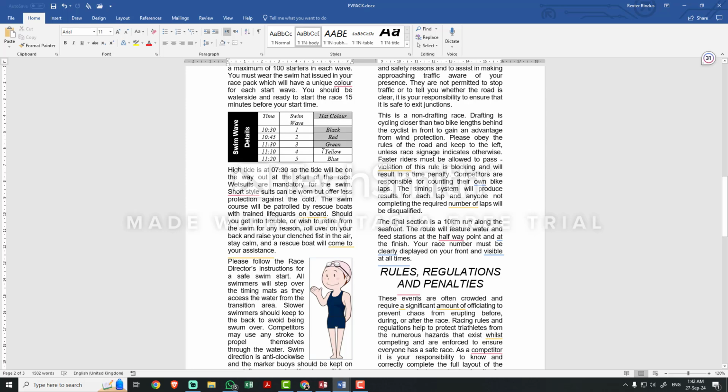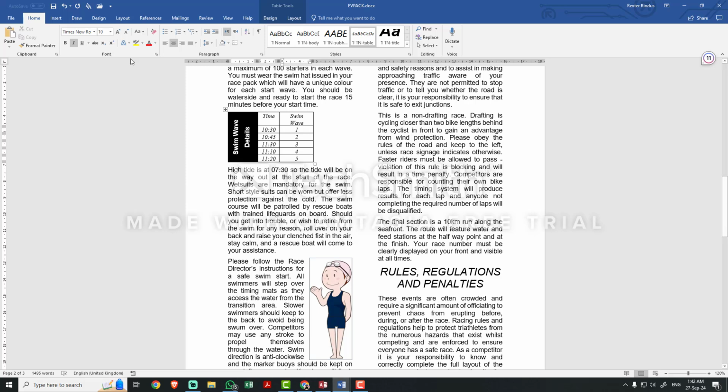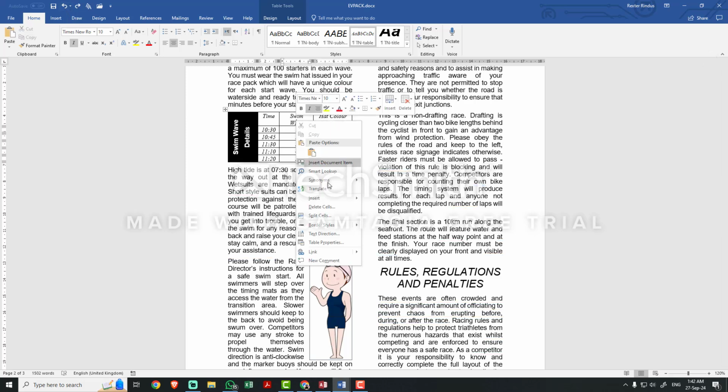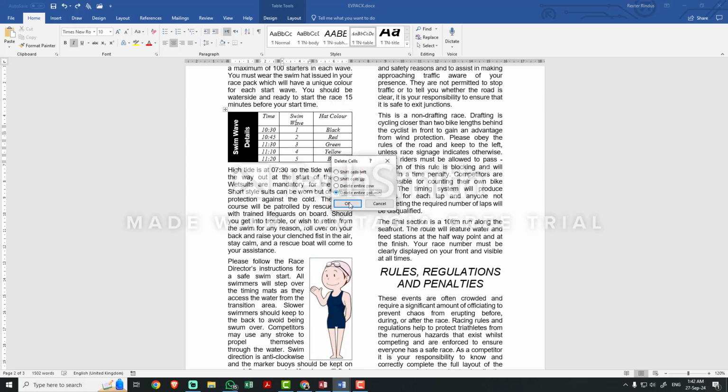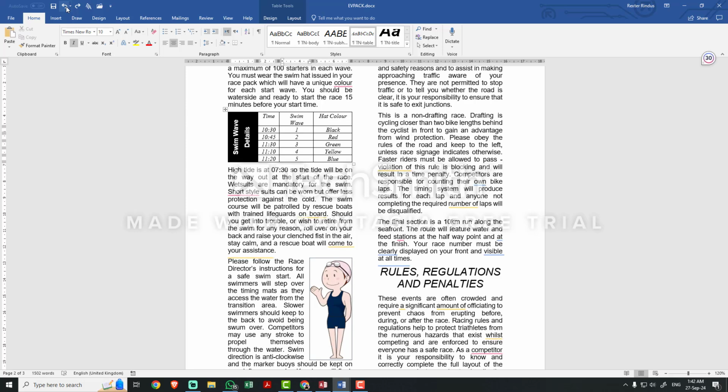For example, they will ask you to delete this column. You just simply highlight that and just go to delete columns. So that is one of the questions they said. Or you can even just click one part of the column and just go to delete cell and just choose entire column. So that will be deleted. The same thing on how you can delete the row for it.